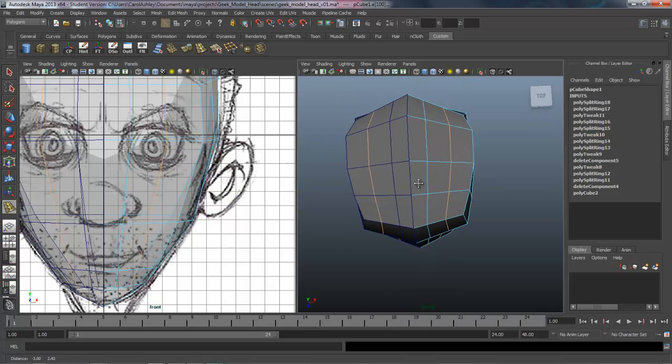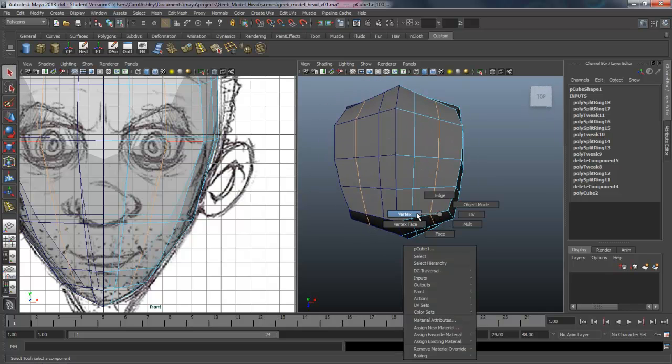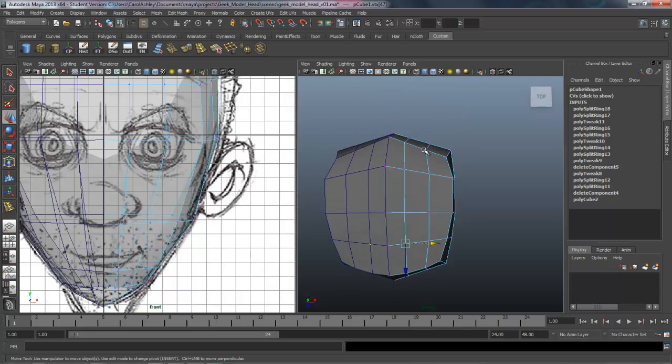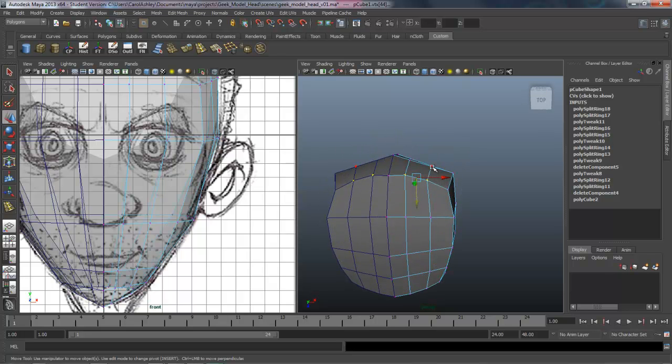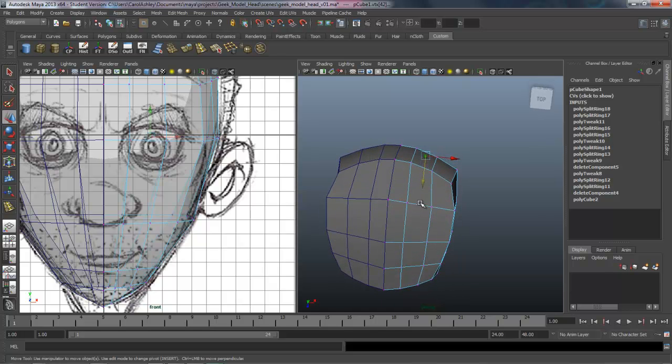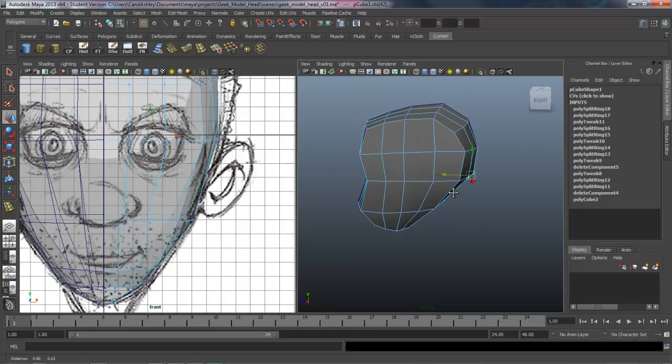And we can start rounding this out from the top of the forehead here. So pulling these forward and probably coming out a little bit. There we go. Same thing back here. Pushing those out, rounding it out in the back. Okay, and we can check all of that.